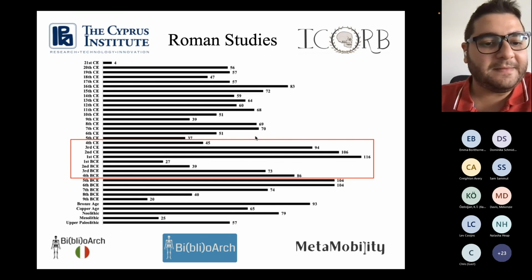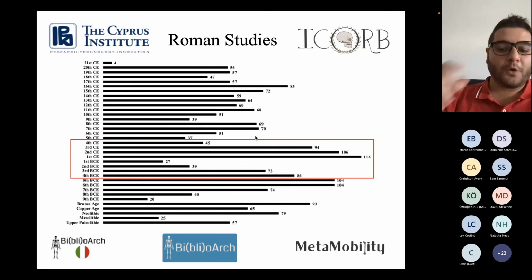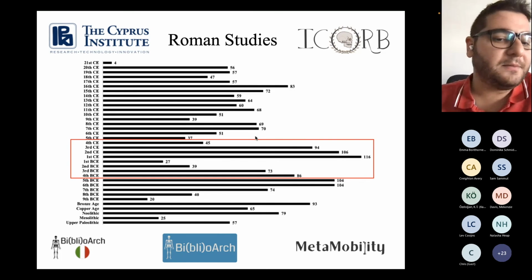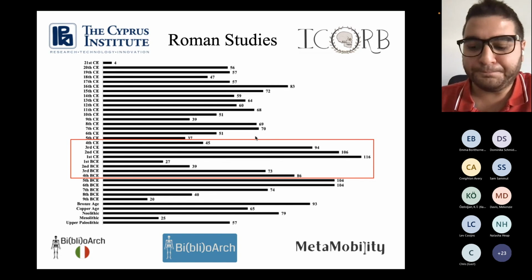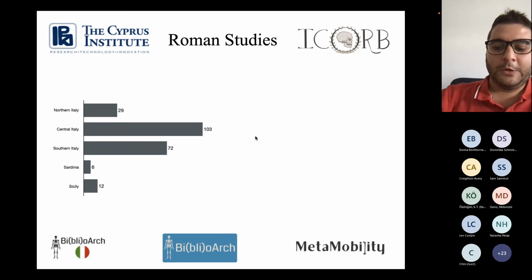But what we noticed is that in the educational system, there is a great number of available courses in Roman history and Roman archaeology across Europe, but most likely even in other countries outside of Europe. So there's been an important number of new scholars trained in Roman archaeology, and in this case, it makes sense to have a greater number of studies. But this is something to